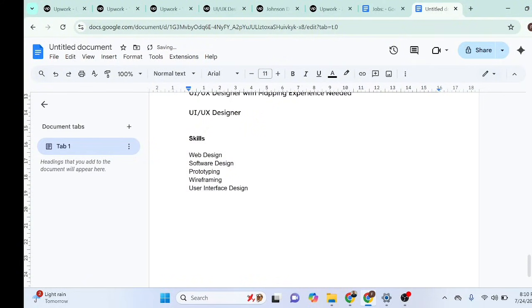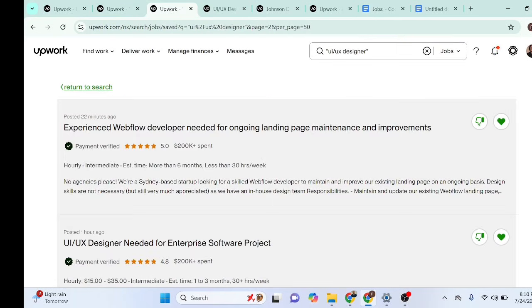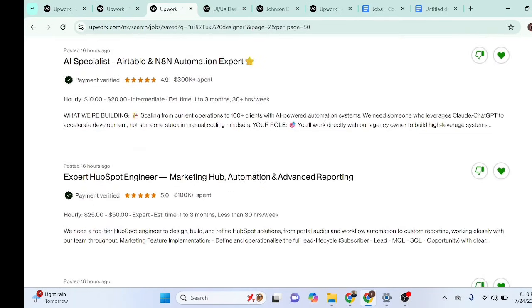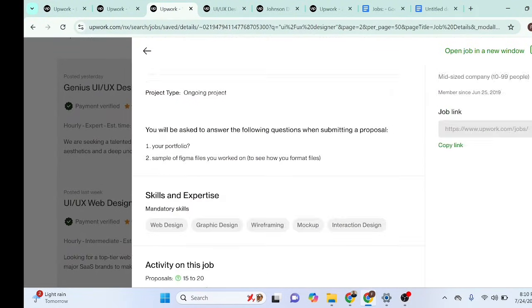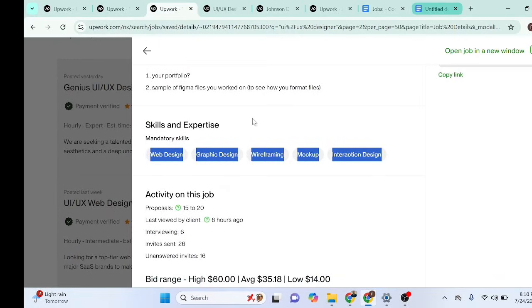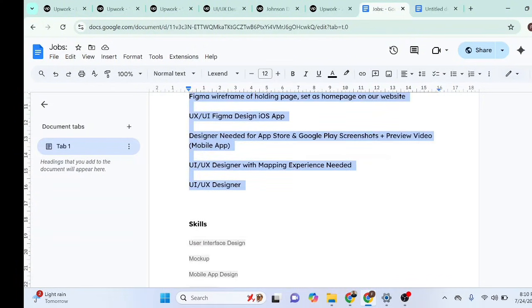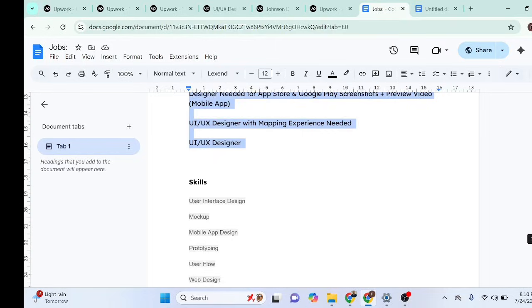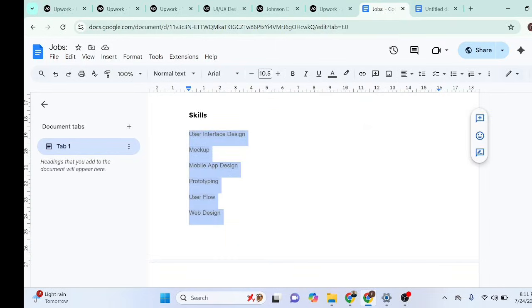Okay, see web design, blah blah. Now you do the same thing for the second job. Okay. So remember, guys, you're doing it for each job, not just one job. Second UI UX job. Scroll down. Copy all this. Can you see interaction? Okay, web design, graphic design, wireframing, mockup, and interaction design. Copy that, paste it here. So the same thing. I've already done that for a previous search. Can you see skills, UI UX, user interface design, mockup. So I'll copy all this once again for